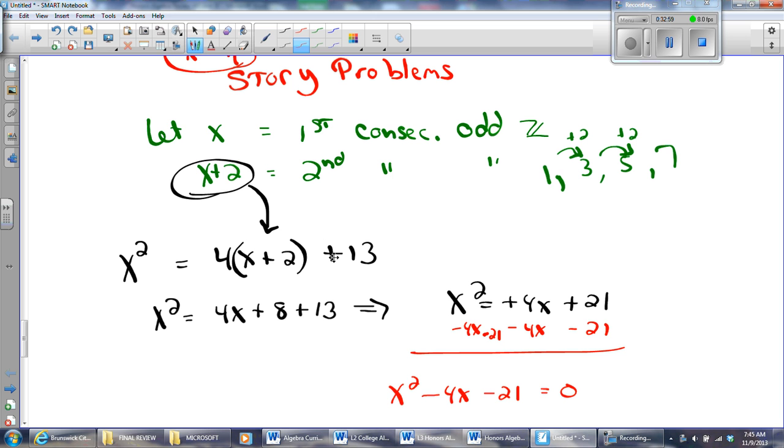Now, again, just to reiterate, the mistake I made was that the first number is x. Squaring it, well, geez, I just square it, right, which is x squared. But the second number is x plus 2. So if I want to multiply by 4, I have to do 4 times the quantity of x plus 2. Okay, so